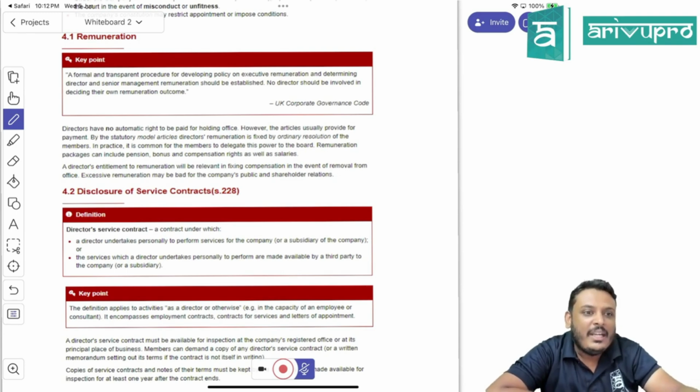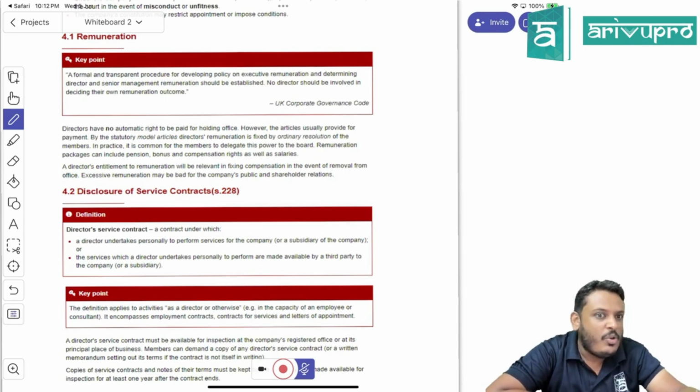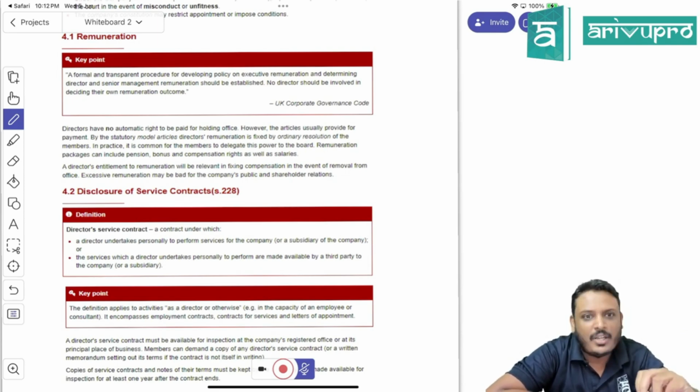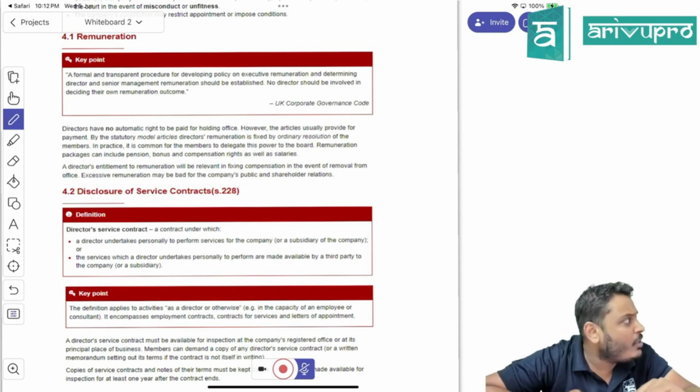What is that report? Directors remuneration report. It's a requirement. In your annual report, there should be a separate column that says directors remuneration report. In that remuneration report, there are different types of information we should include. So subheading, write down: directors remuneration report.